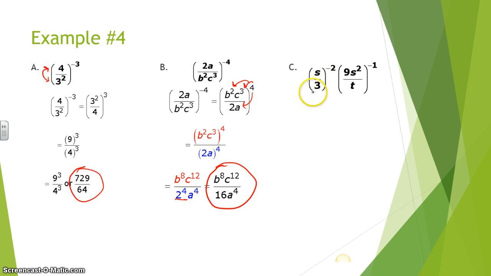C, we have s over 3 raised to the negative second power times 9s squared over t raised to the negative 1 power. We have to take the reciprocal of each fraction because we have negative exponents. So what this is going to be is 3 over s squared